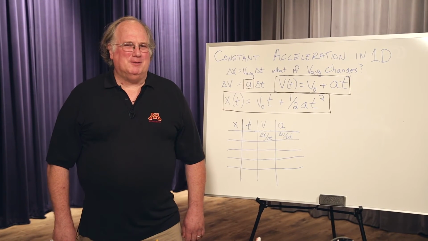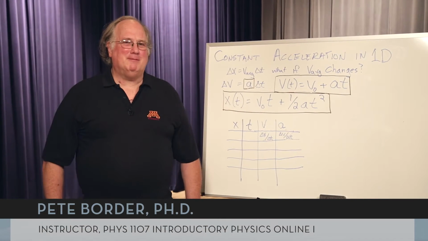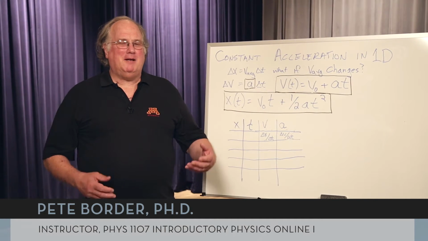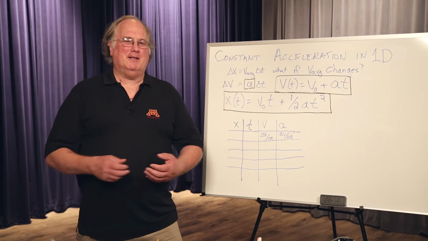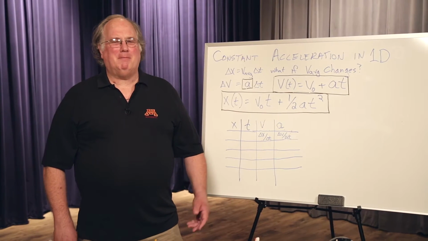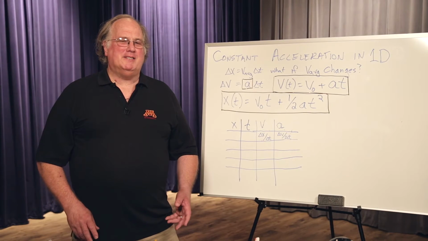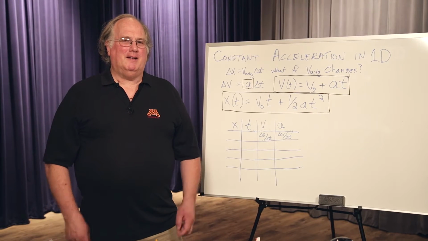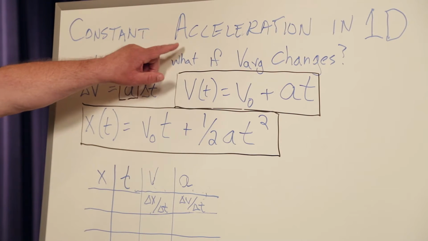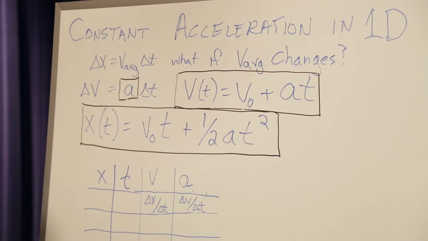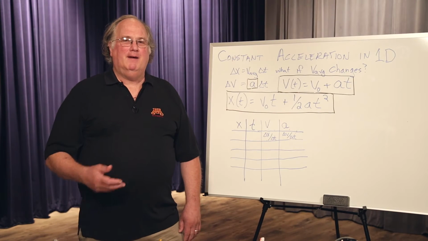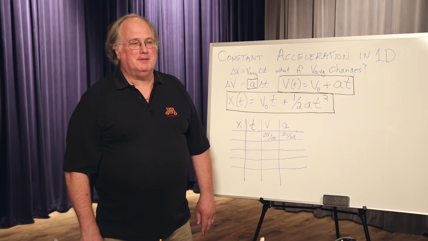Welcome to Lab 2. This is the second lab in Physics 1107. And in this one, we're going to take what we did last week and extend it a bit. So we're going to start talking about what happens if the velocity is not constant and how do we deal with that. This is known as constant acceleration, and we will be doing an experiment where we take last week's experiment and add constant acceleration to it.